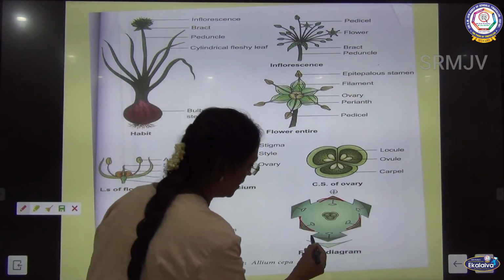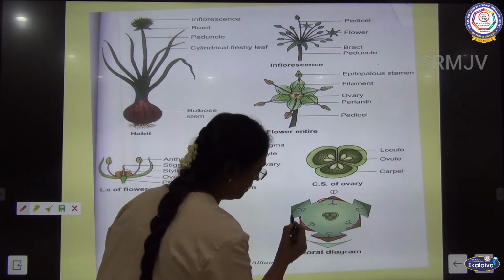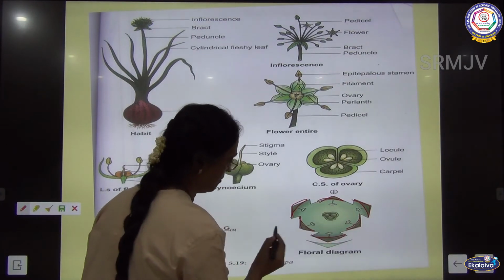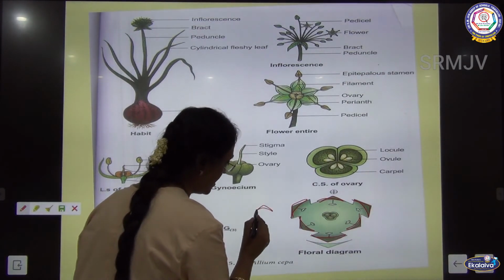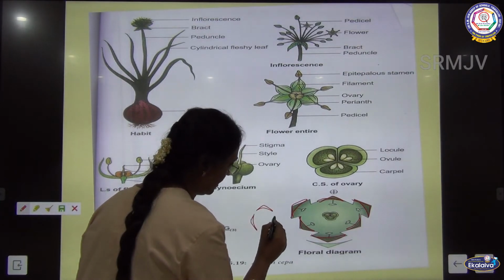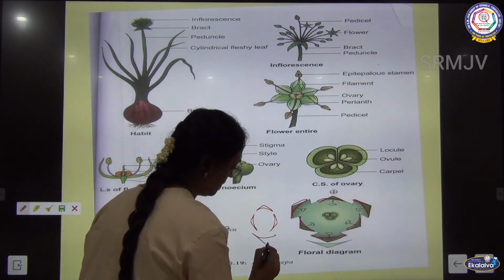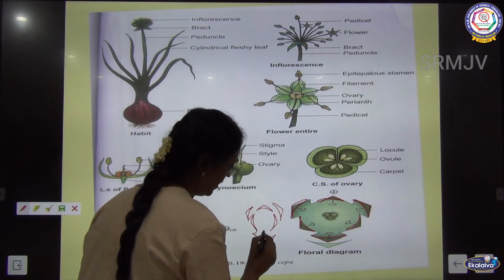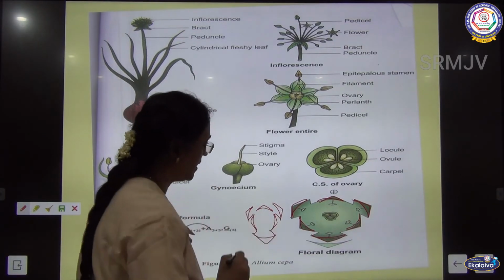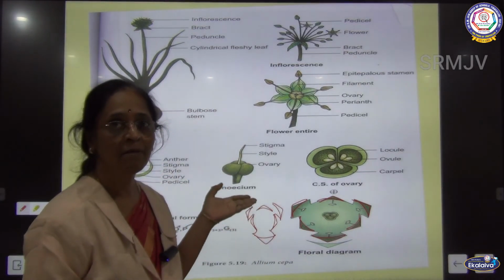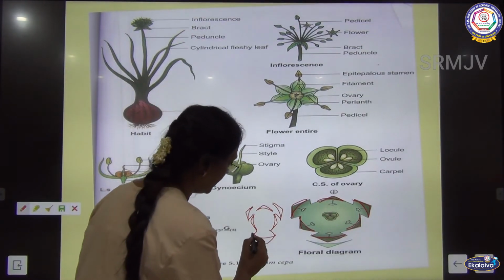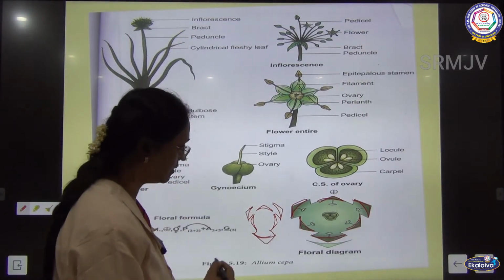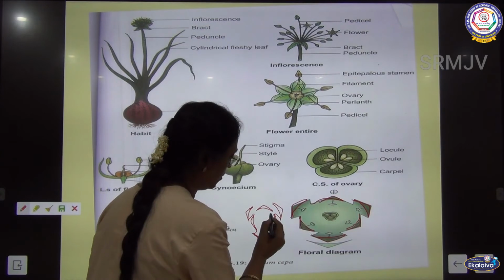This is forming one whorl. And the other 3 form the outer whorl. You said they are all joined together, so you have combined. Or sometimes you will find this inner whorl, this tepal alone, may be the odd tepal, free and membranous. Okay, so here in Musa paradisiaca, you can see like this. If they are fused, you will join all these things.